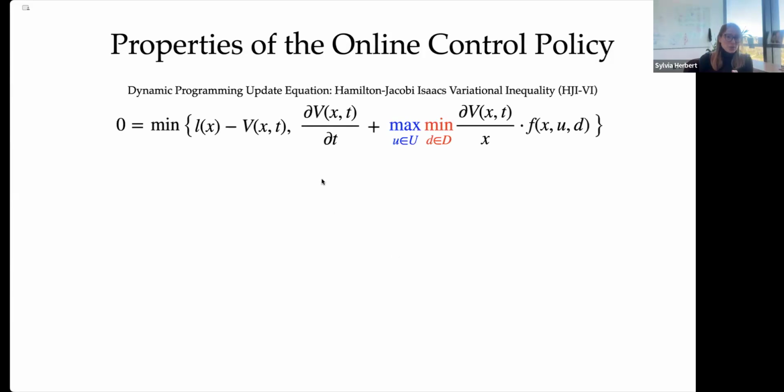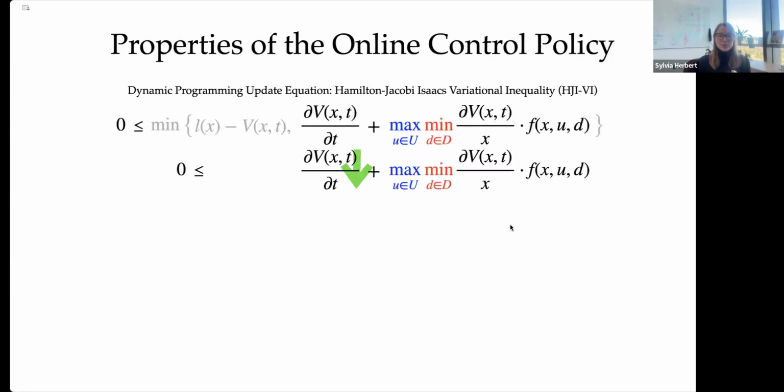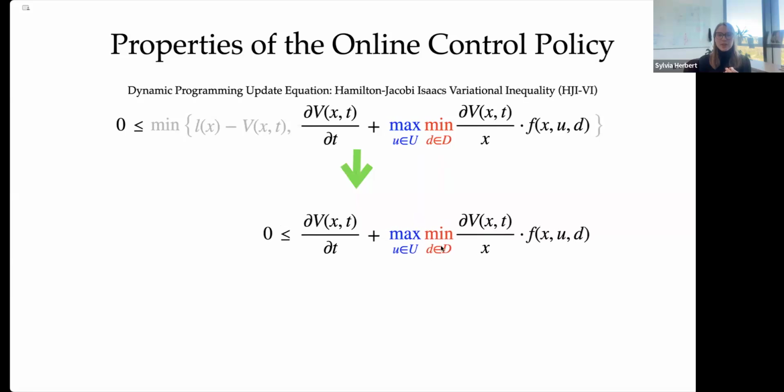If we look at what the optimal control is getting you, if we look back at that very scary looking update equation that we use, our version of the Bellman backup, we have 2 arguments and we say the min between these 2 arguments is 0. That means each argument must be greater than or equal to 0. So if I take this one, I say this must be greater than or equal to 0. If I plug in my optimal policy for the control and disturbance here,